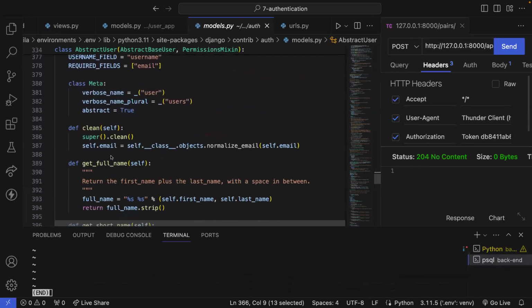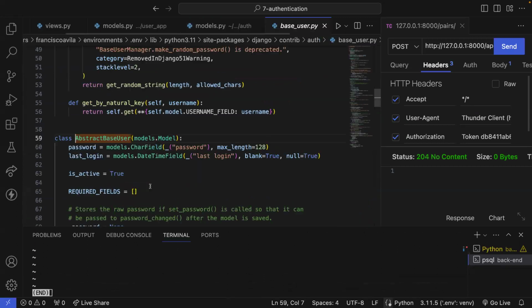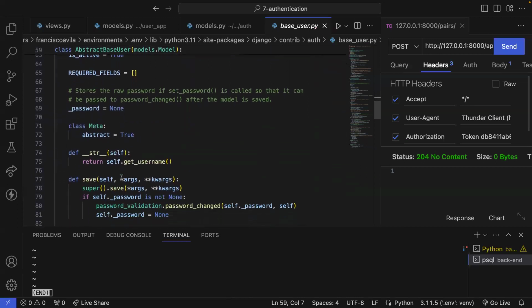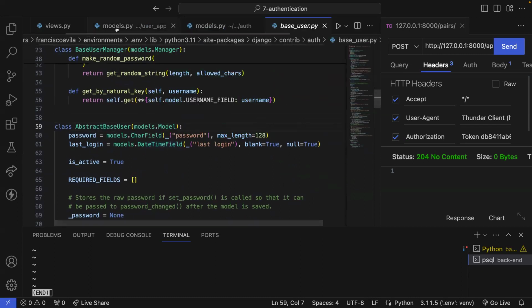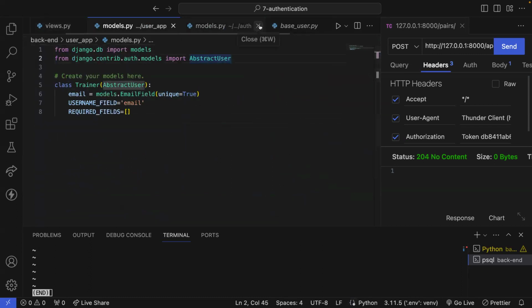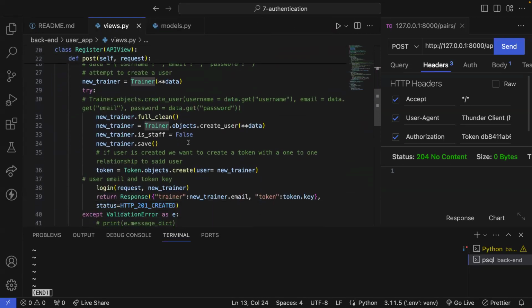So it looks like that's the only thing we're going to need to change. Let me make sure that the abstract user doesn't have something else in here, or the abstract base user. Is active. Nope. This looks good. All right. So there we go. We can change it in our views so that we can change that is staff to false